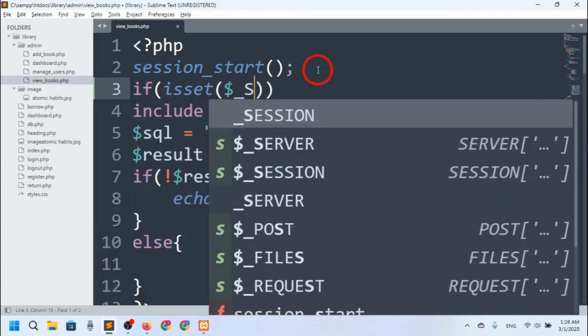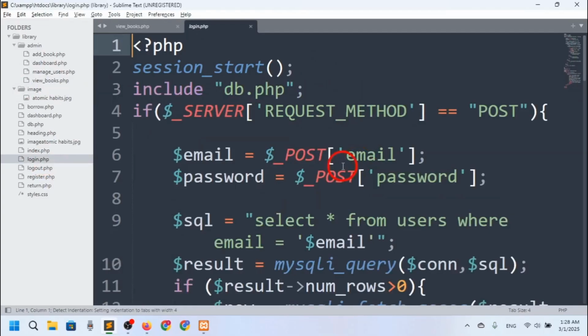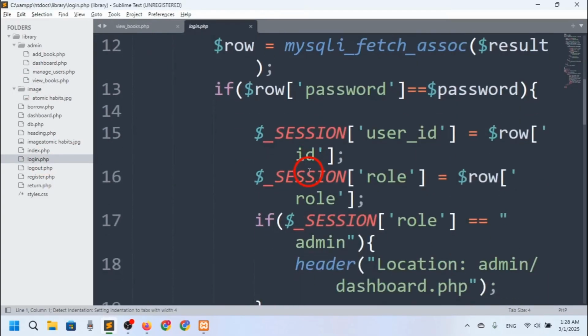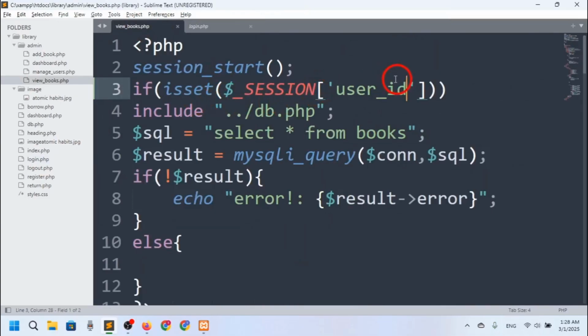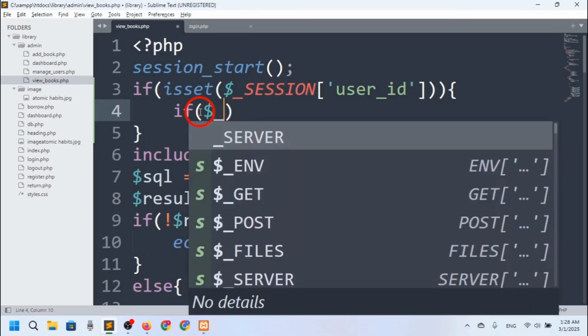if isset $_SESSION, and the session variable is, let's say, user ID. If I go to the login, we can see we have set session here user ID, right? So I will check if the session user ID is set or not. If set, then it will actually enter here. So I will say if isset user ID, then we will check one more thing, that if $_SESSION